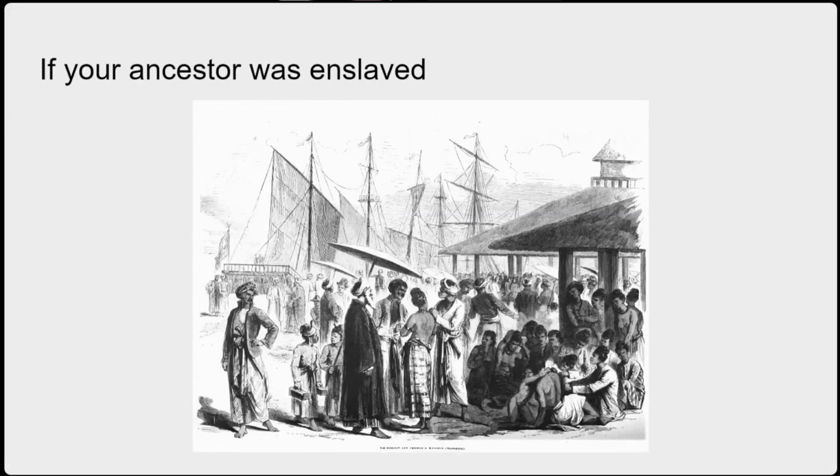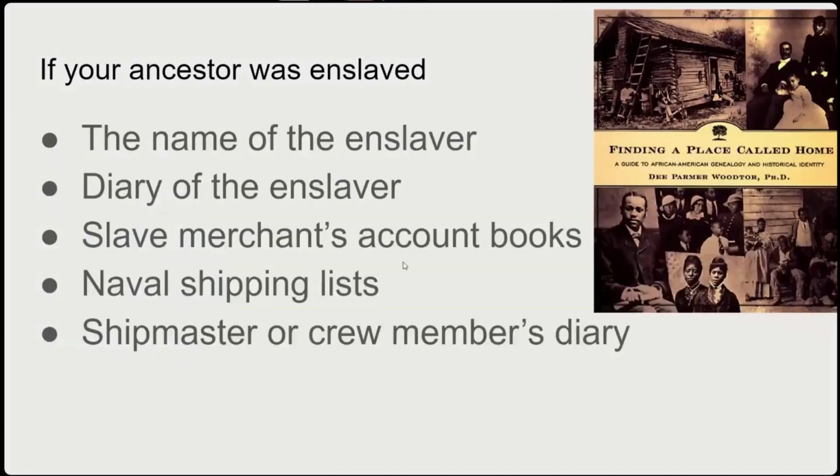If your ancestor was enslaved, the slaver ships that transported them from Africa listed them as cargo, usually only in age and sex categories with no individual names. So it is very rare that you can prove you have found the exact ship that your ancestors came on. You might find evidence pointing to your ancestor's ship if the enslaver kept records of where, when, and from whom he purchased your ancestor. This is a very difficult and time-consuming task that should only be tackled by experienced genealogy researchers. If you do decide to tackle finding the slave ship,